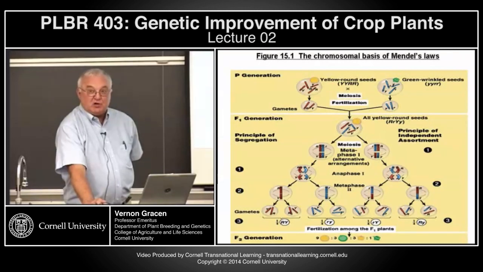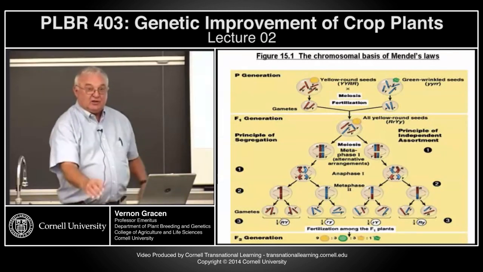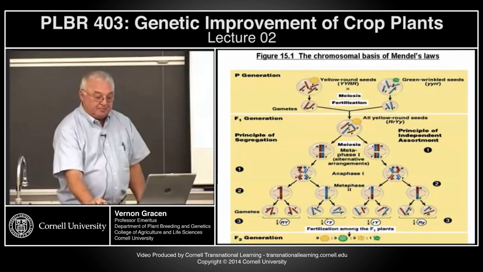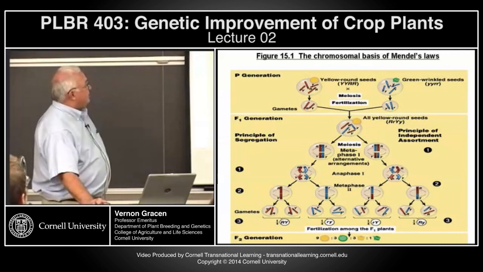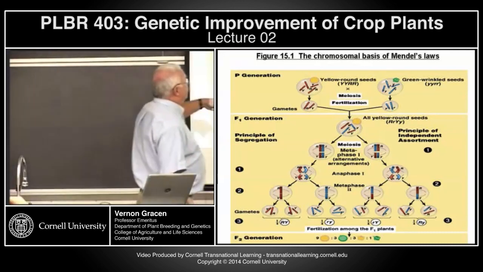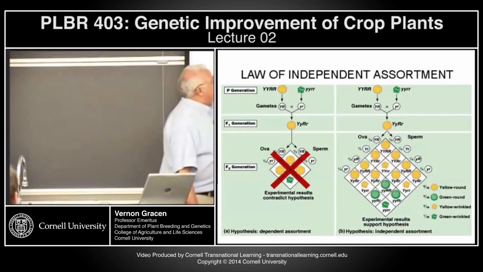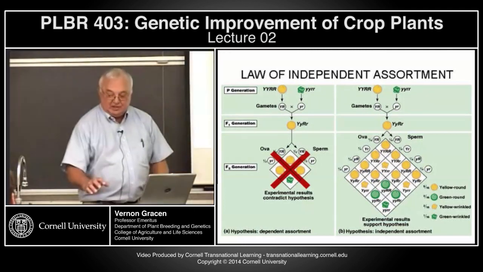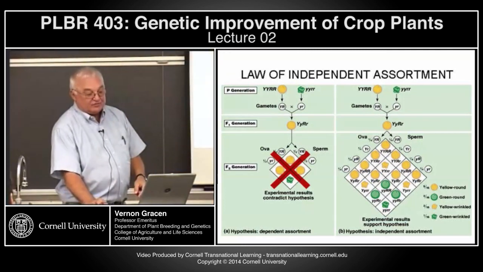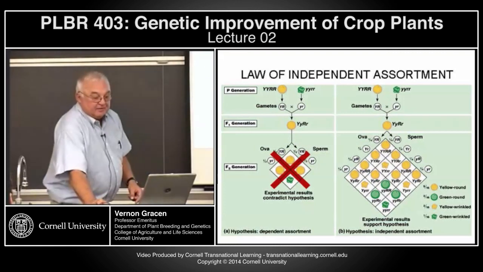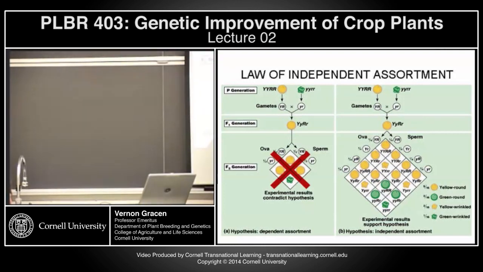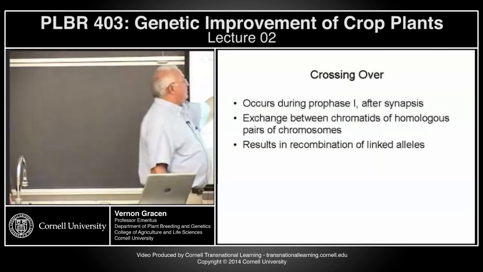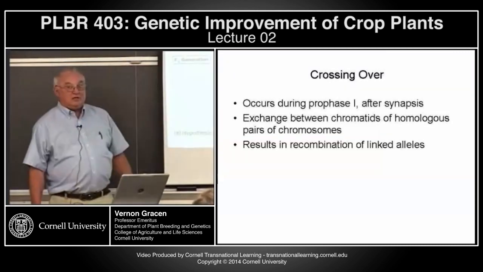And the closer genes are located on chromosomes, the less likely you're going to get a crossover between them. This just shows they're on chromosomes, therefore you can have two different arrangements of those genes, and we'll go through meiosis in a later class just to review some of the things. So in essence, when Mendel came out with independent assortment, if in fact you have full linkage, you do get dependent assortment.